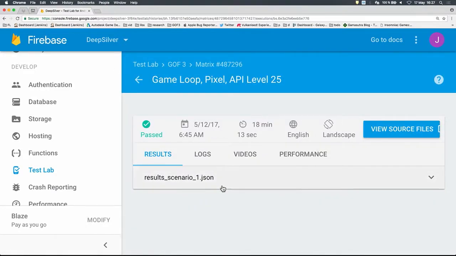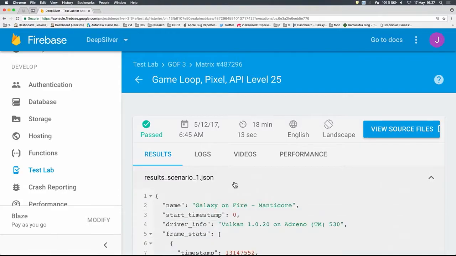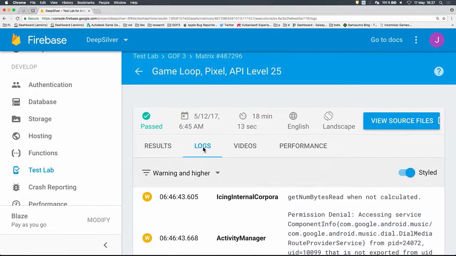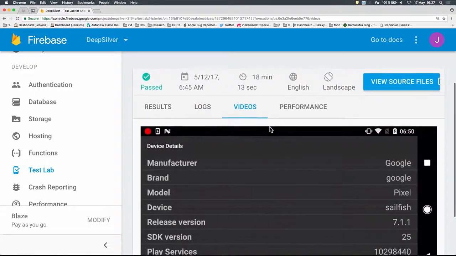On the first tab, it gives you some additional performance data that we ourselves generated during the run. But here you can also look at the logs, which is mainly beneficial if there were any problems or crashes during the run, so you can figure out what went wrong. You can also look at the video of the run, but I will just skip over to the performance tab,